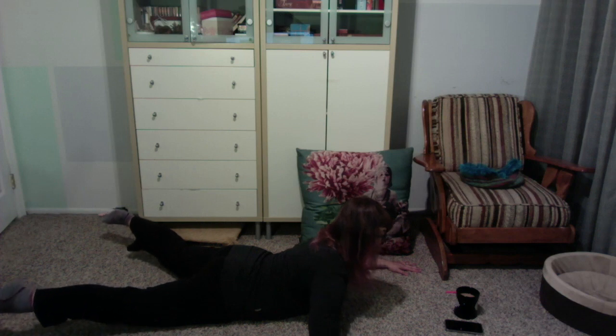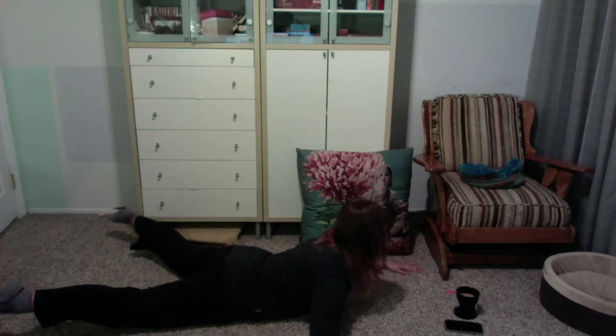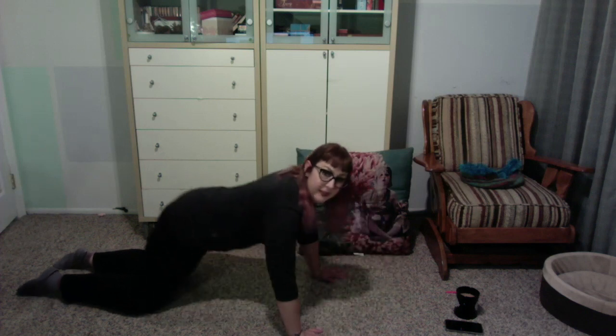And we'll do that one more time to each side. So inhale, lift your chest, turn your head to center. And then exhale, lower down and turn your head to the right. And then one last time, inhale, lift your chest, turn your head to center. And then exhale, lower down, turn your head to the left. And then once you've done that, you're going to press yourself back up to hands and knees